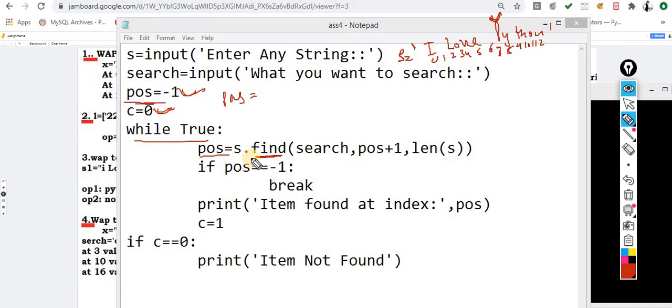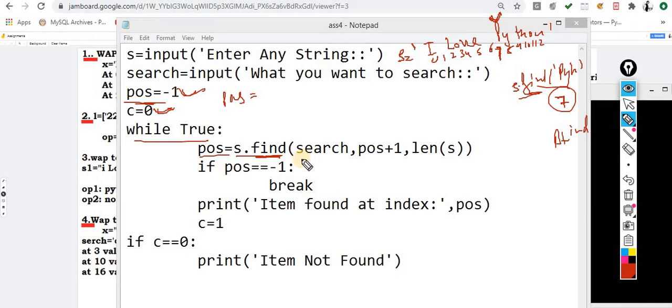So what does it return? If I simply write s.find of Python, it will return me 7. Why so? Because with the help of this find method, it returns the occurrence of this Python at index 7. So I will get the output 7, and this output I am supposed to print on the screen. At index 7, I got this Python. Now observe this point.